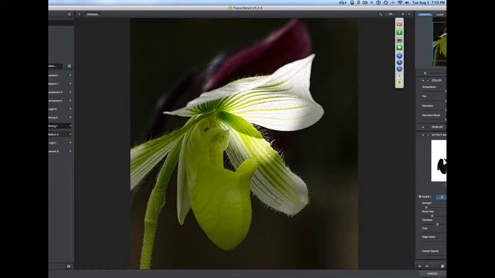And you may or may not like that. I'm just doing this for effect. Something like that. If you don't like that, you can reset it. But notice how the mask was applied to specific areas. So it's like punching a hole through a piece of paper and letting the light shine on that area that